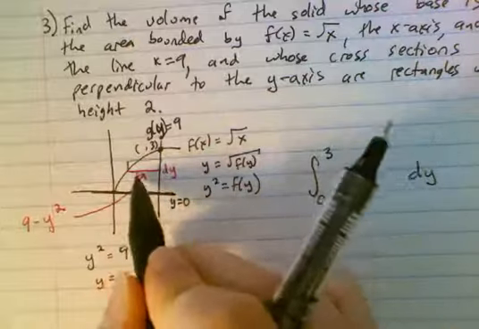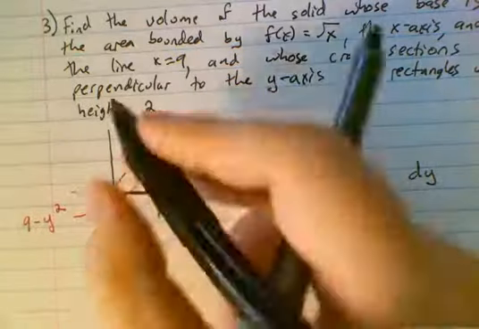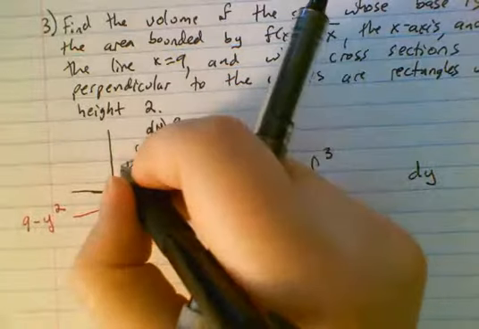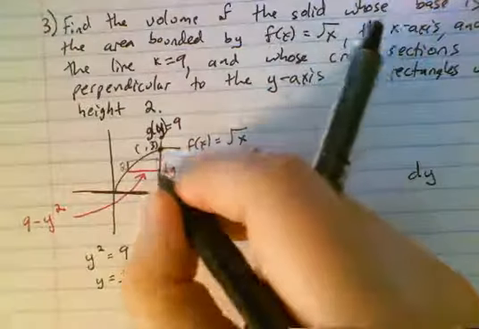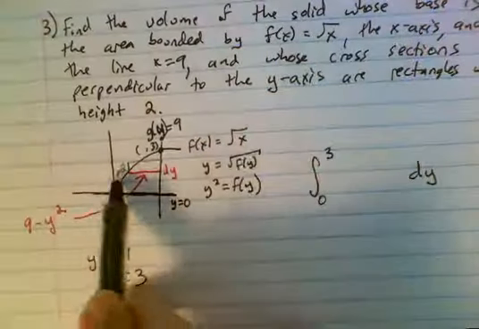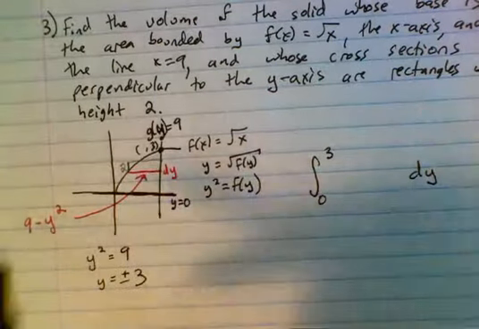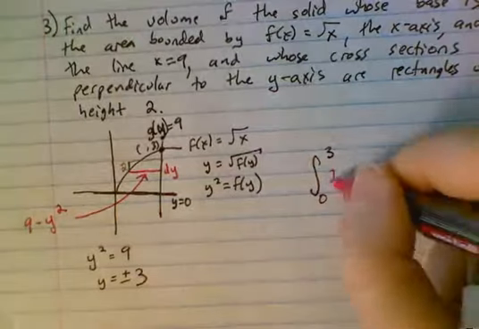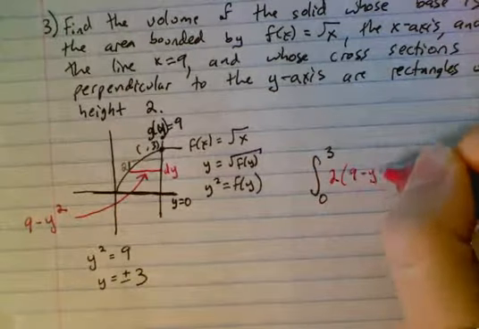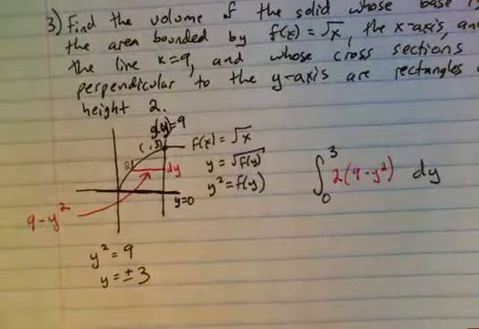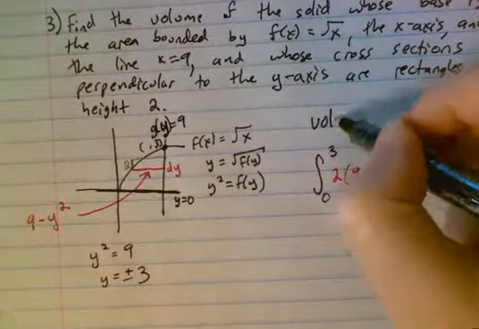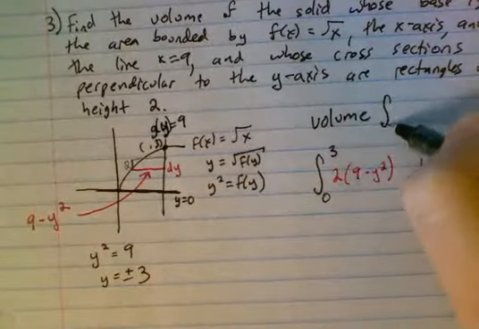We know that this distance is 9 minus y squared, and we know that this distance is 2. So the area of this base is just going to be 2 times this distance, 9 minus y squared. Where that's coming from,